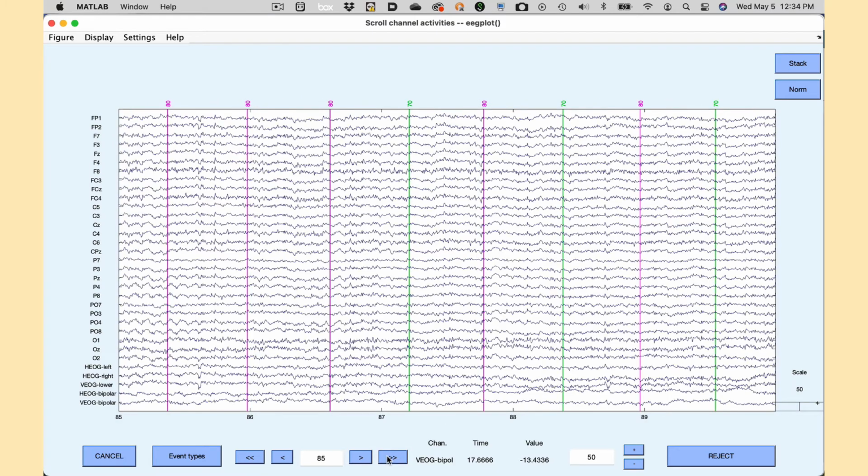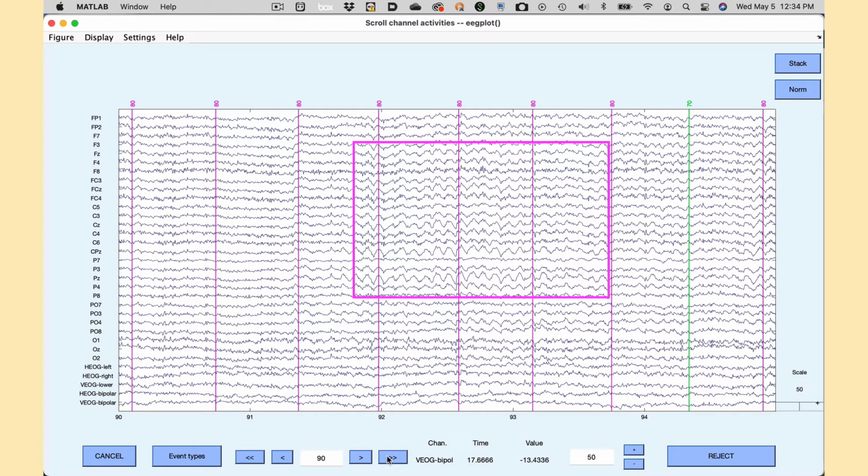If we look here around 92 seconds, we can again see some alpha. But something sticks out to me. The P7 channel is much flatter than the surrounding channels. At first, I was concerned that something might be wrong, but then I remembered that these data are referenced to the average of P9 and P10. P7 is so close to the reference that it's getting nearly identical activity, so not much is left after we reference the data. This is just another example of why you always need to think about the reference electrode and avoid the temptation of thinking that the signal in a channel named P7 is solely showing you activity from the electrode of the same name.